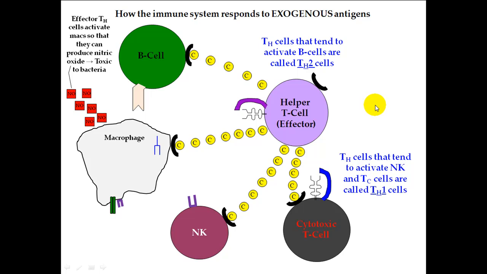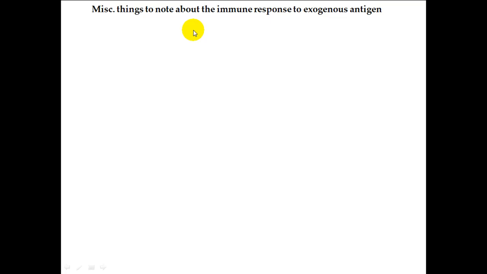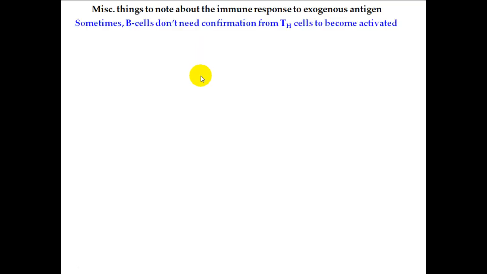What we'll do next is just say some miscellaneous things about the immune response to exogenous antigens. So one miscellaneous thing to note is that sometimes B cells actually do not need confirmation from helper T cells in order for them to become activated. So we've already seen that in a lot of cases,